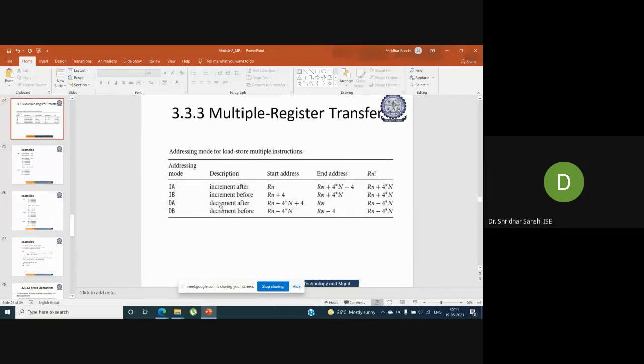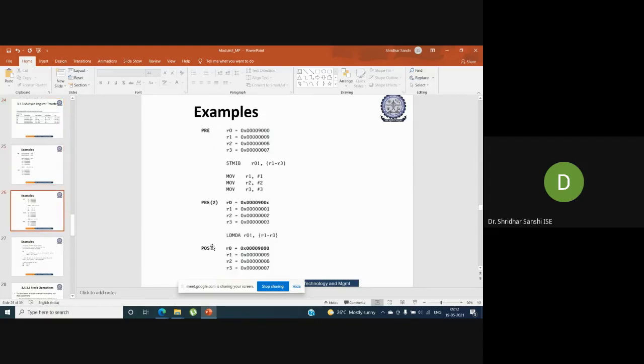So this is decrement after. What will be our starting address? The starting address will be Rn minus 4 star n plus 4. Rn is 900C, so 900C minus 4 star, how many values do we have? We have three registers, so 4 times 3 is 12, 12 plus 4 is 16. So we subtract that from Rn.